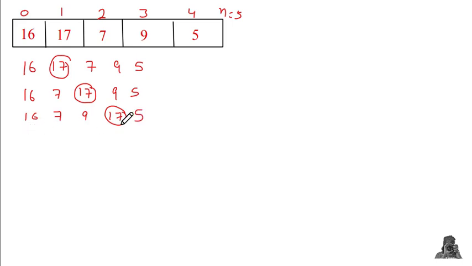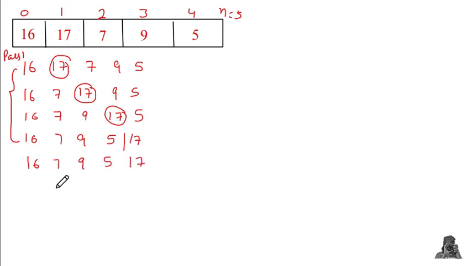Moving to the next iteration, again we do the comparison. 17 will be compared with 5. Obviously 5 is smaller, so 5 will be shifted forward. Now after one pass, this was the first pass, we can see the largest number, which is 17 out of this array, has been placed at the end of the array. Its position has been fixed, and after the first pass, the largest value has been fixed to its position.